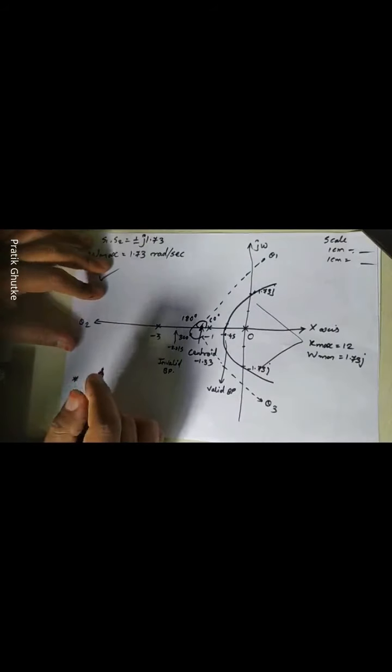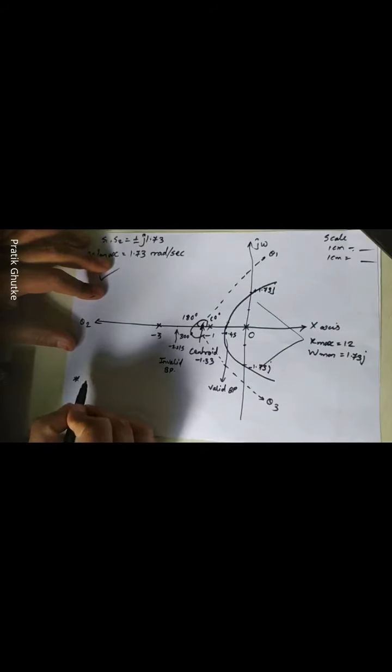So for your homework, write down one numerical. The question is the same. Plot the root locus for the unity feedback system. Write down the transfer function G of s equals K divided by s plus 6, s plus 9. Calculate the value of K and plot the root locus for your homework.